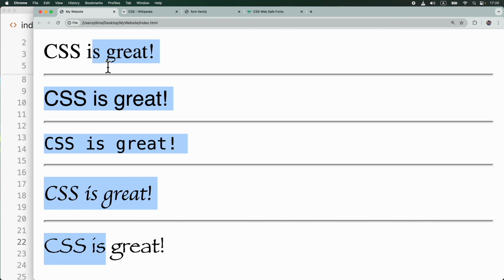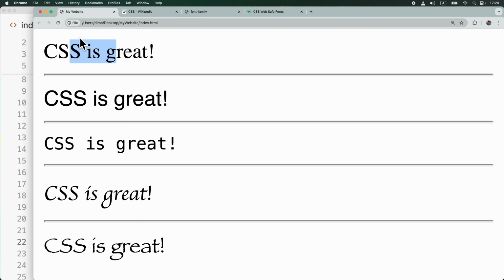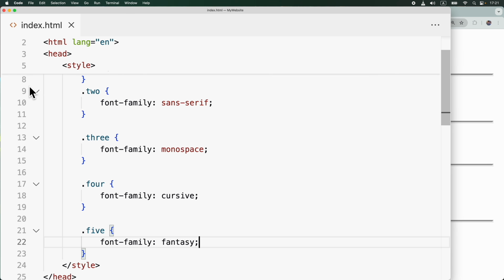When we specify a generic font family, like serif for example, the browser uses any font from this font family that is available in your website visitor's web browser. It's very safe to set a generic font family because the likelihood you have a font from this family is the highest. This is why if you want to set a font for your text, let's say for example I want to set the